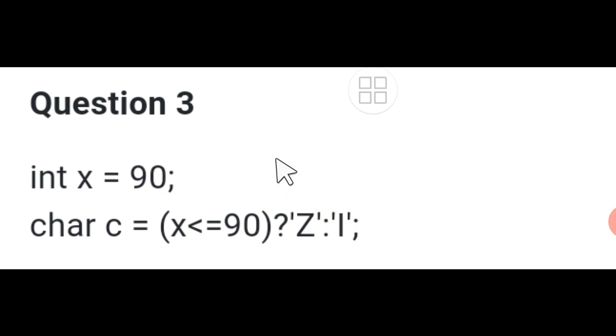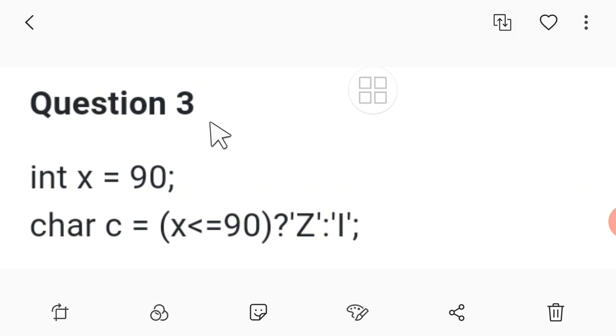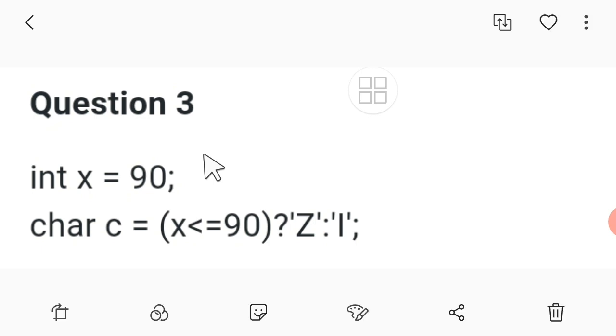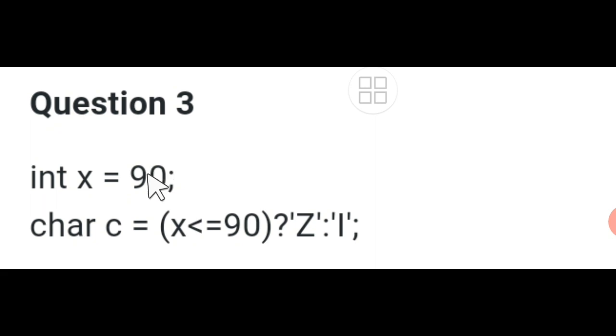It has got a statement here, students, which says x initialized with the value 90, and then variable C is there, it is of char type. Which value it will have? Again the ternary operator, x is greater than or equal to 90 and x is less than or equal to 90.